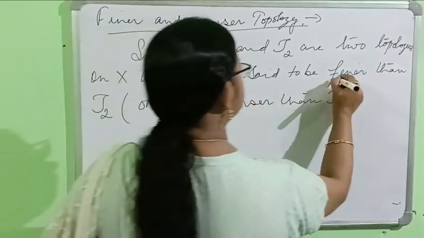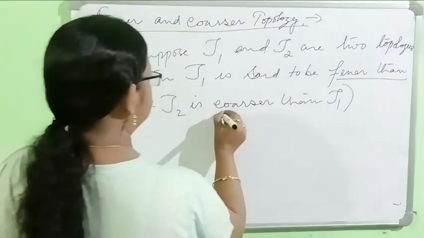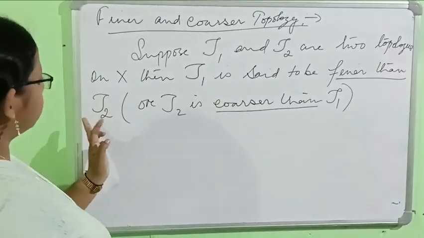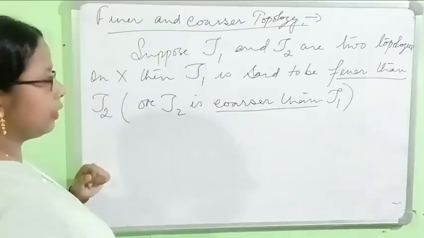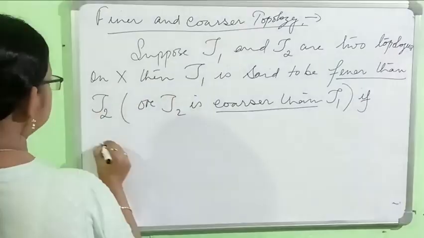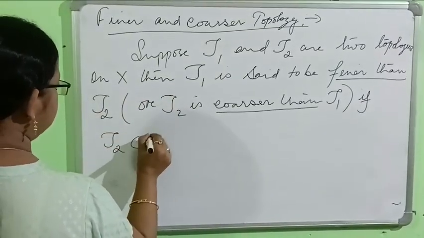T1 is finer than T2, and T2 is coarser than T1, if T2 contains T1,